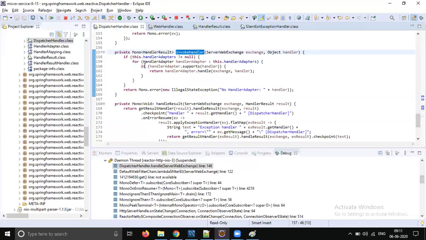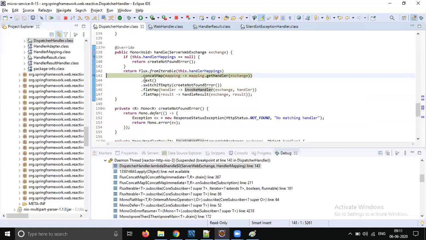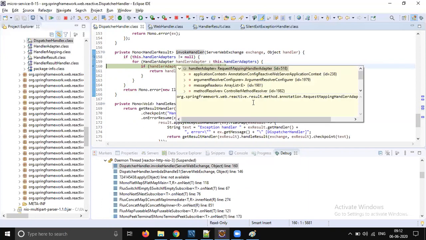Let's get into this method, invoke handler. Yes, F6. Let's press F8. So it will come into the invoke handler method. You see, it will take each handler adapter and check what is suitable, right?